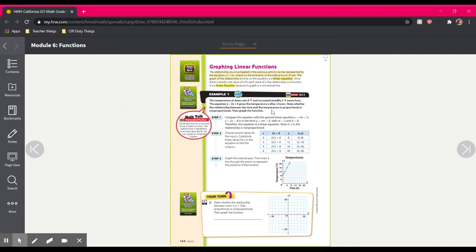So I'm not going to look at this immediately. I'm going to actually look at this math talk. And it says, Carrie said that for a function to be a linear function, the relationship it represents